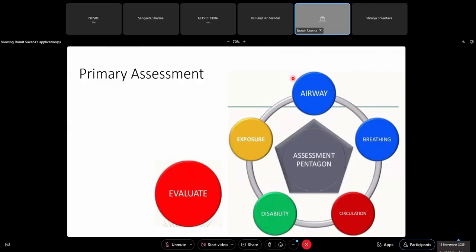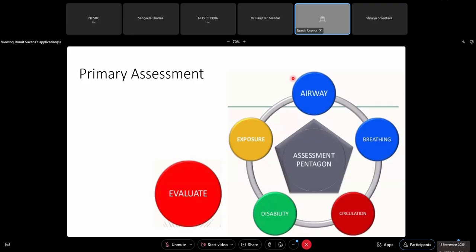Then once you have stabilized the child, now you need to go and identify what was wrong with him. How we go about this is again a systematic approach. If we jump any of these things, we'll end up missing it. What madam has pointed out was that identifying the cause and treating the cause is more important than giving a broad spectrum everything for everybody.